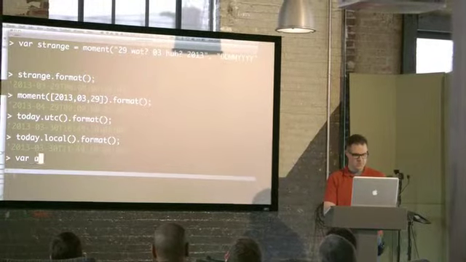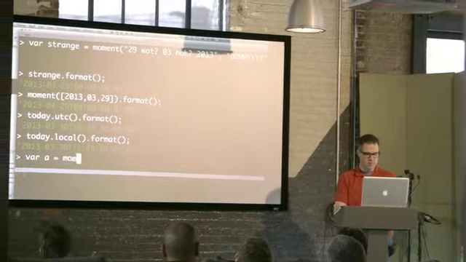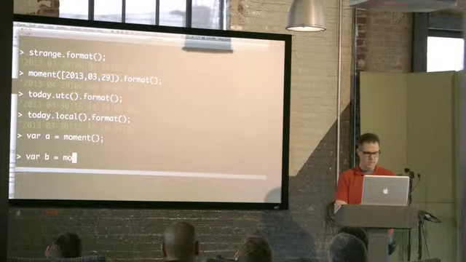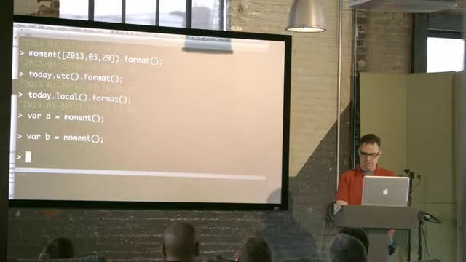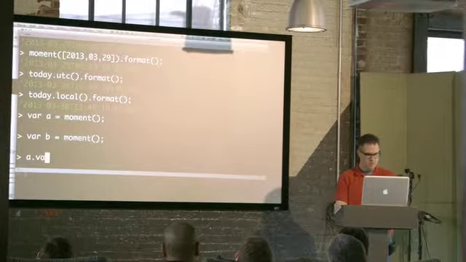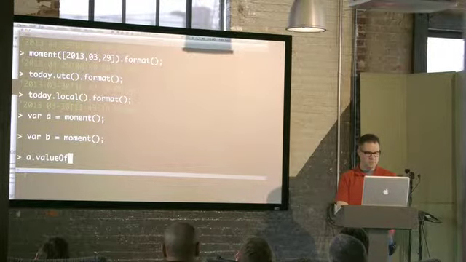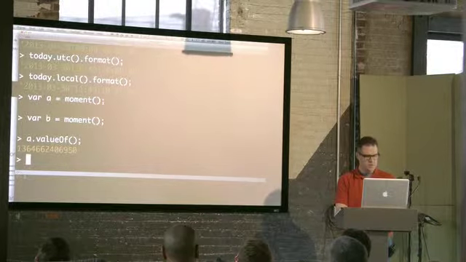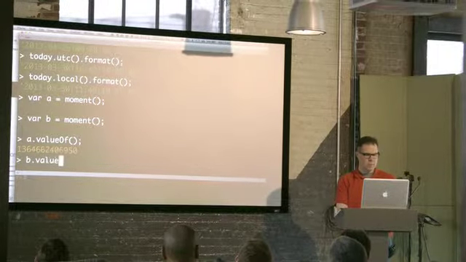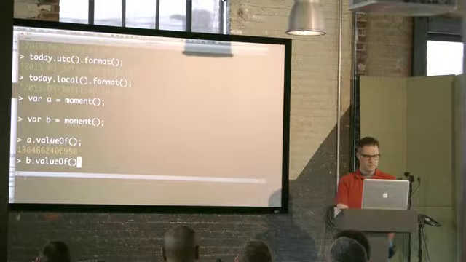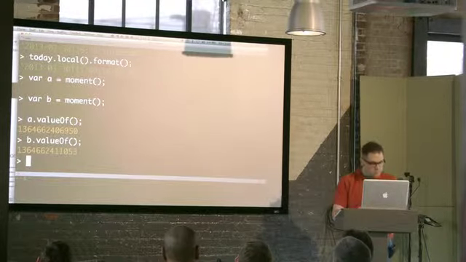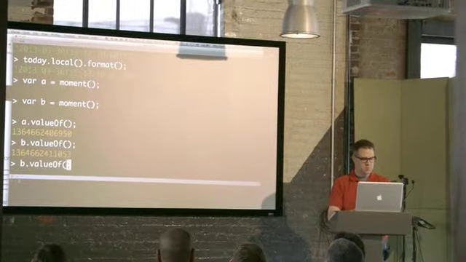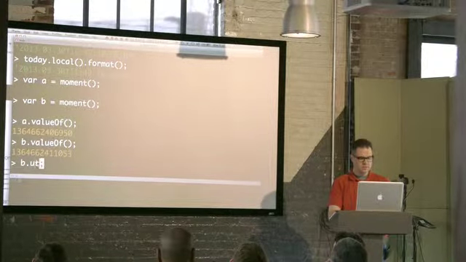Interestingly, if you do something like this, and then you do a.value, value of will give you the Unix epoch. So those are roughly the same within a couple of milliseconds of each other. But if I change B to UTC,